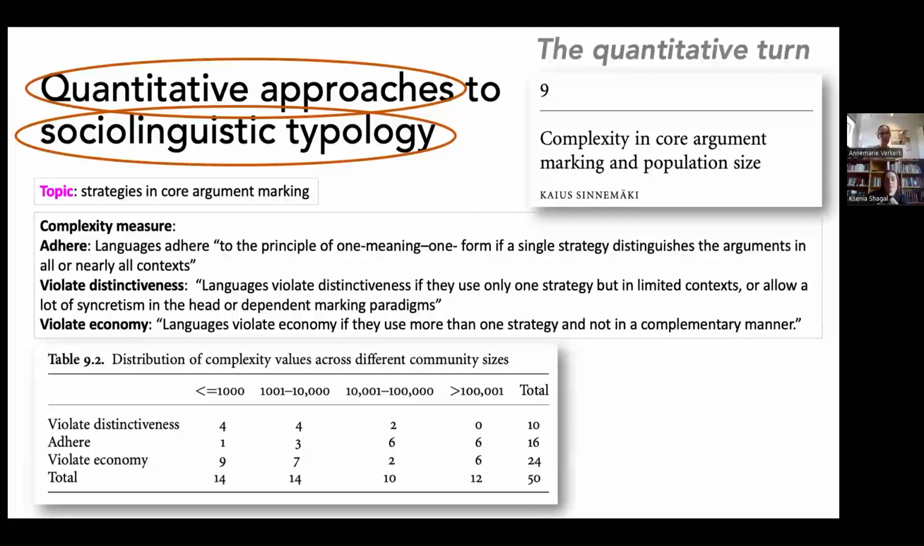So this quantitative turn, in the paper, we kind of hang it up on two papers. One of them is by Kaius Sinnemäki. It's called Complexity in Core Argument Marking and Population Size. And it's concerned with strategies in core argument marking, where, of course, I could try and make this interactive and ask you guys what the main strategies of core argument marking are, but I think it's just...